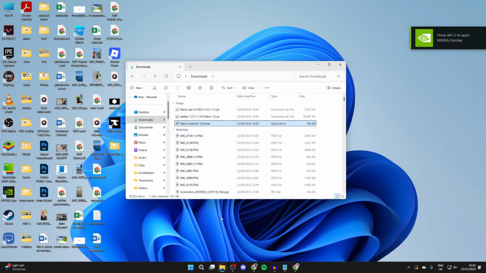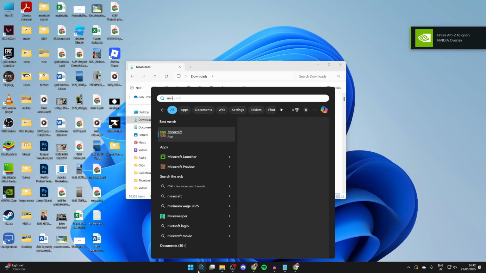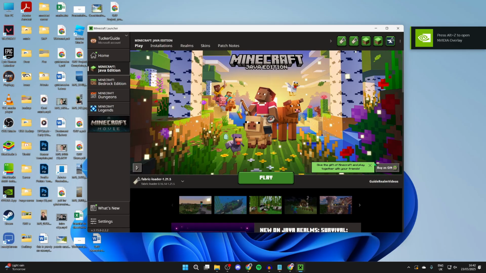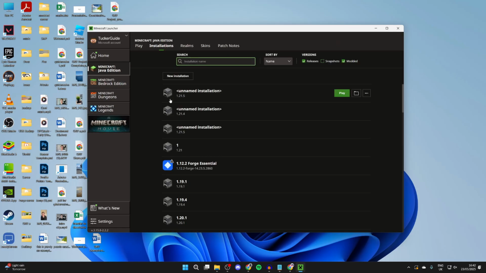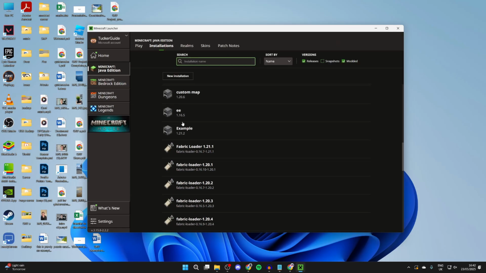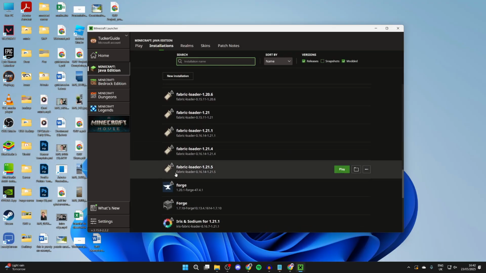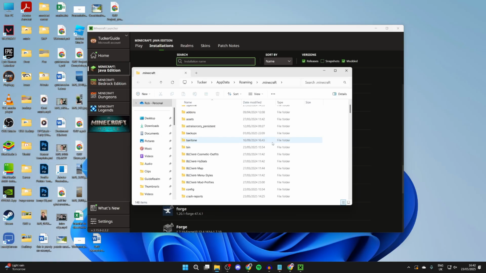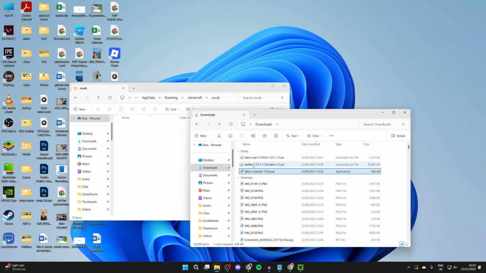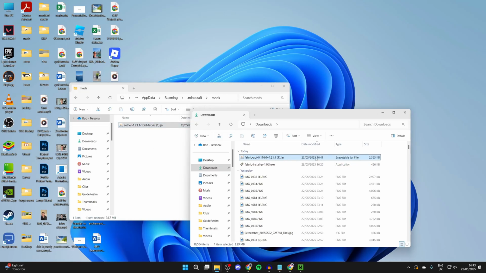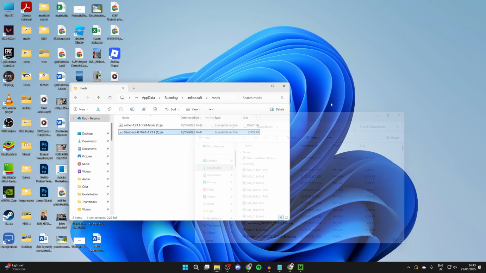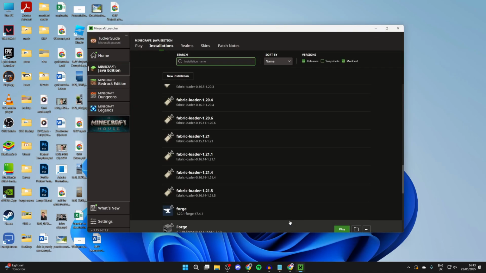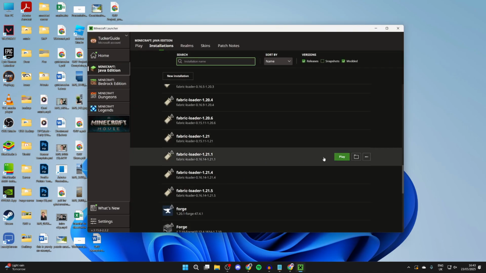Now what we need to do is open up the Minecraft launcher. So I'll do that now. We can close this here and then go to the top and press installations. Scroll down and you need to find the version of Fabric we got, which was this one here, 1.21.1. We can press the folder icon to the right. We can then scroll down in here and find the mods folder. And then what you need to do is drag in the Aether mod and also Fabric API, like so. We can then close out of here, come back to the launcher, hover over the Fabric loader